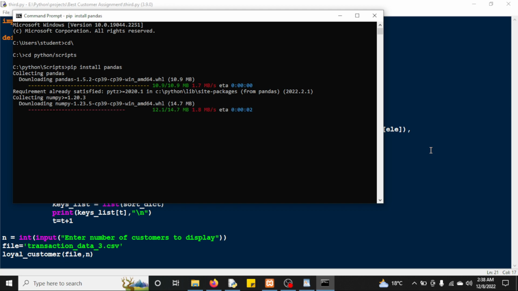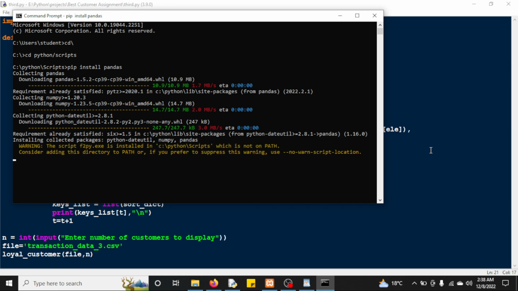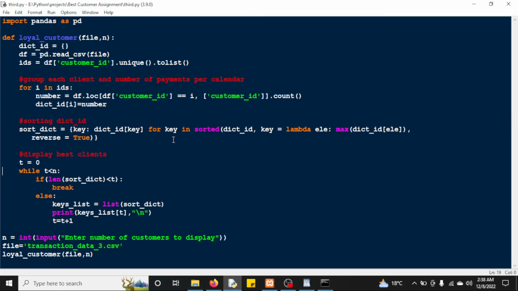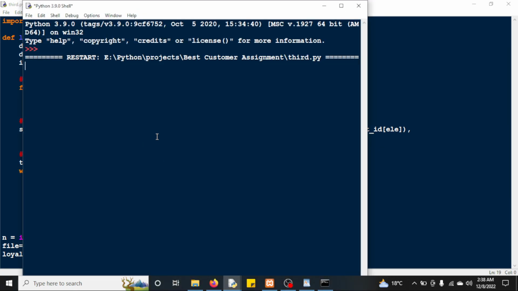It's good that this one has occurred. I thought I was using the correct machine, but this is a laptop on which I've not installed all the modules that I always require when it comes to running this kind of stuff. So I think it's up to that point. It's installing. It has to give me a success. Satisfied. Now click run, Shift F5. I just click OK on this one, and I expect it to execute and give me the result.